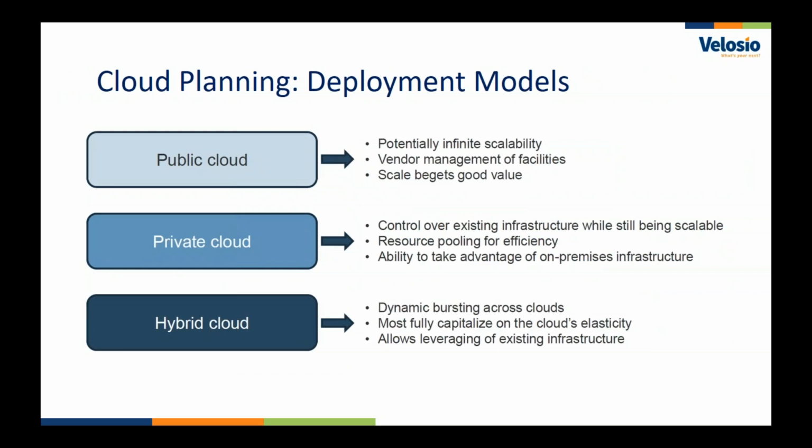But when you're looking at cloud, there's really 3 types of models we need to look at. One being the public cloud, which has infinite scalability. You can scale as large as you want and as quickly as you want from a public cloud standpoint. It's usually products like Microsoft Azure, Google, AWS. Those are really the key players in that public cloud space.